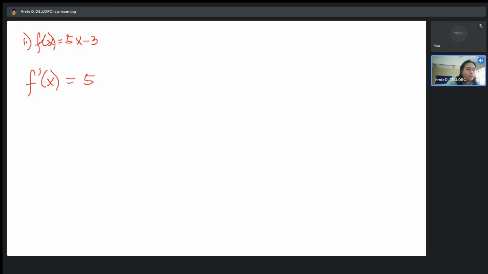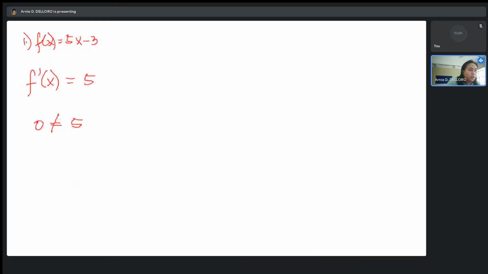Tama? Now, sabi sa second step, equate the first derivative to 0. So we have 0 equals 5. Pero alam natin na ang 0 ay hindi naman equal sa 5. So these are not equal. So ibig sabihin,